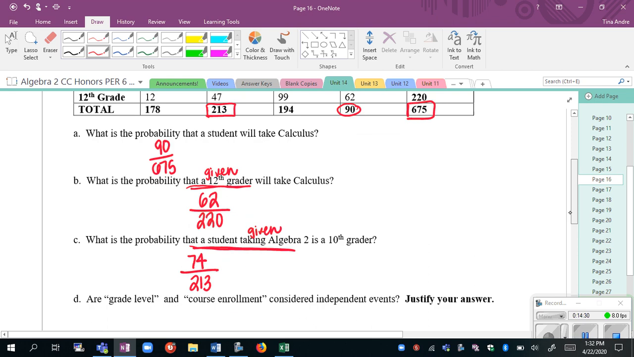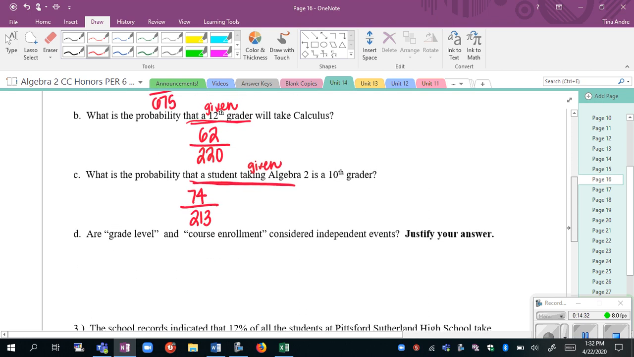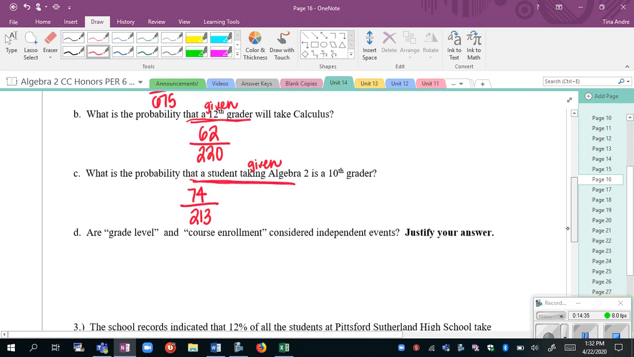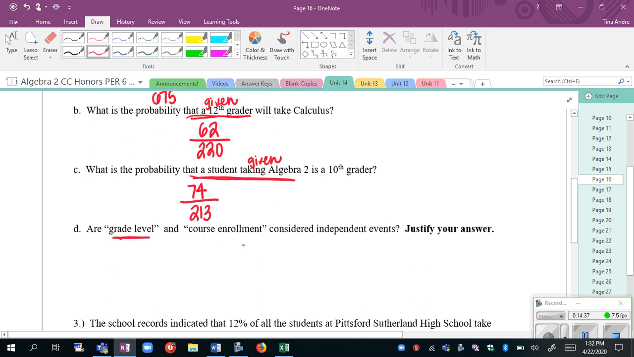Now the next question is, are grade level and course enrollment considered independent events? So here's my two categories or events that I'm comparing. Remember, you can pick any condition or any category within those to compare. You just have to pick any one of each category. We have to pick a grade level and a course that we want to compare. So if I pick 12th grade and calculus, since we already have some stuff up there,